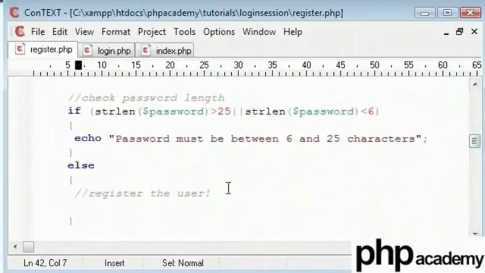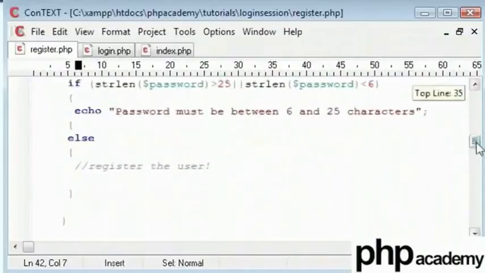In the next tutorial, we'll test this out and we will learn how to register the user, and we'll put our code here in that tutorial. This is basically for checking a minimum or maximum limit on our password, and this block of code here will be our magical register the user piece of code. So join me in the next part.